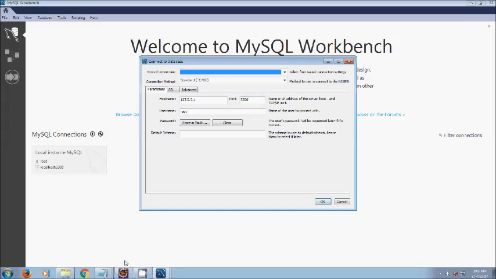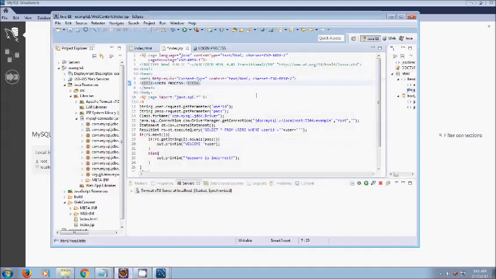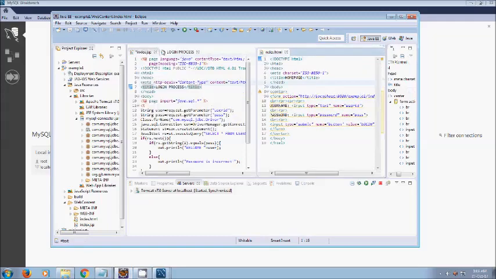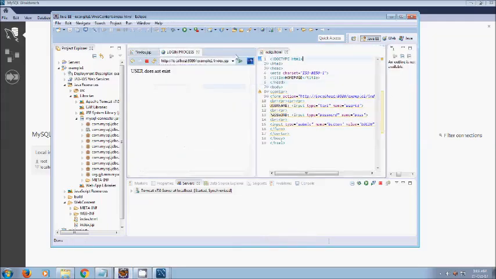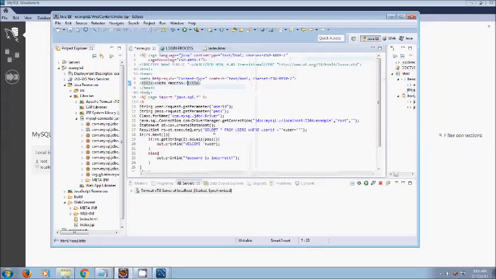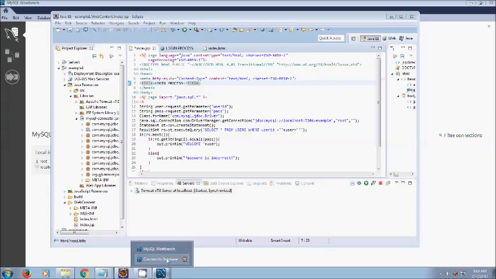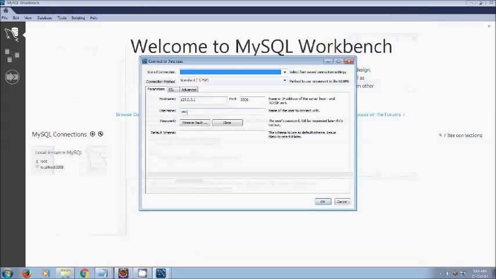This is what we've given in our program, as you can see right here in the JDBC construct. Sorry about that. In the JSP, we've given 3306. Example is the name of the database, 3306 is the port number, and root is the username. Nothing is the password. So similarly, in the workbench, we have username as root without any password. So we just click OK,